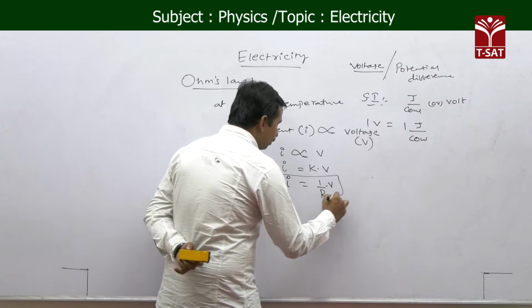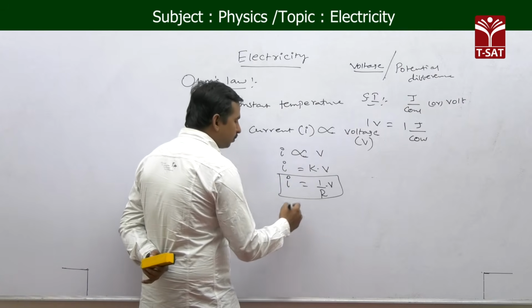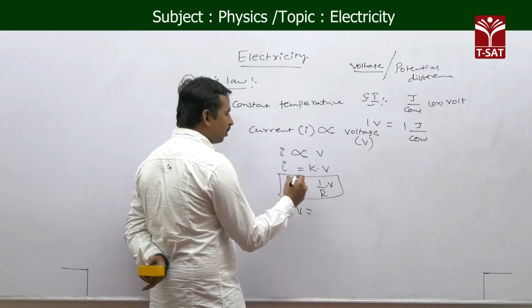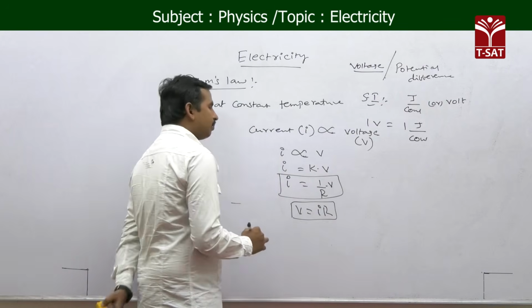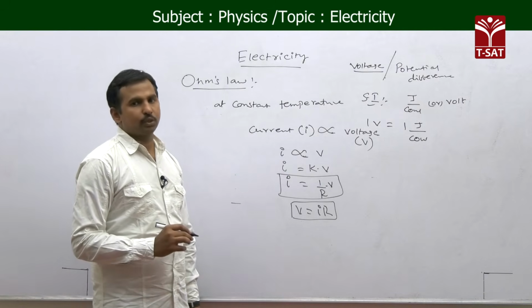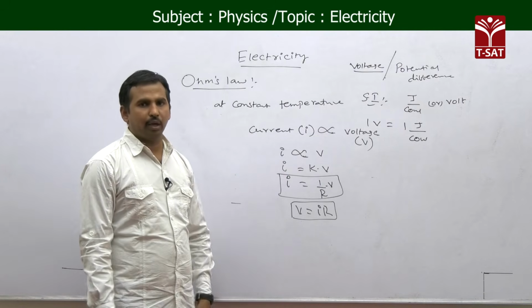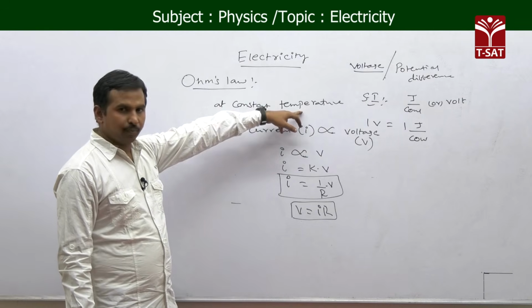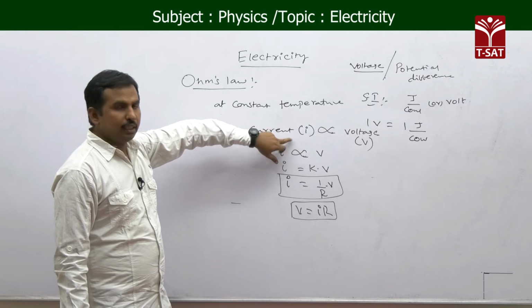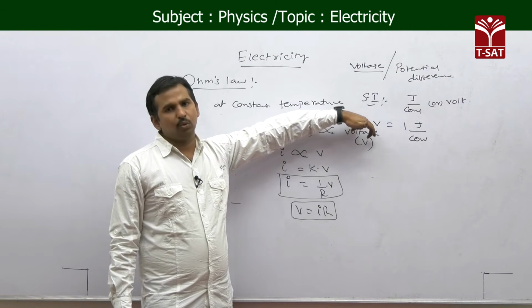So this is the form, of which we can write this one as V is equal to, if you bring this R to this side, then V is equal to IR. This is the mathematical form of Ohm's law, that is V is equal to IR. See the statement again: at a constant temperature, whatever the current you draw is directly proportional to the voltage or